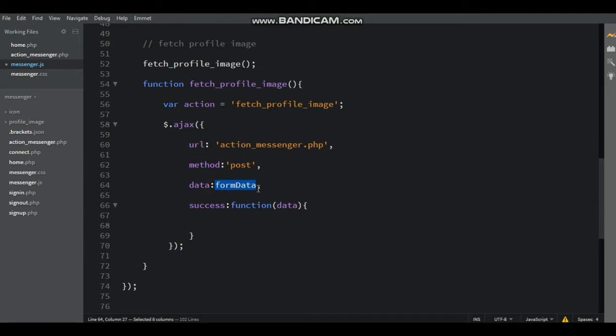Here sending data is action, and then send to the server fetch profile image. Here URL is action messenger.php, method is post method, and go to the action messenger.php.